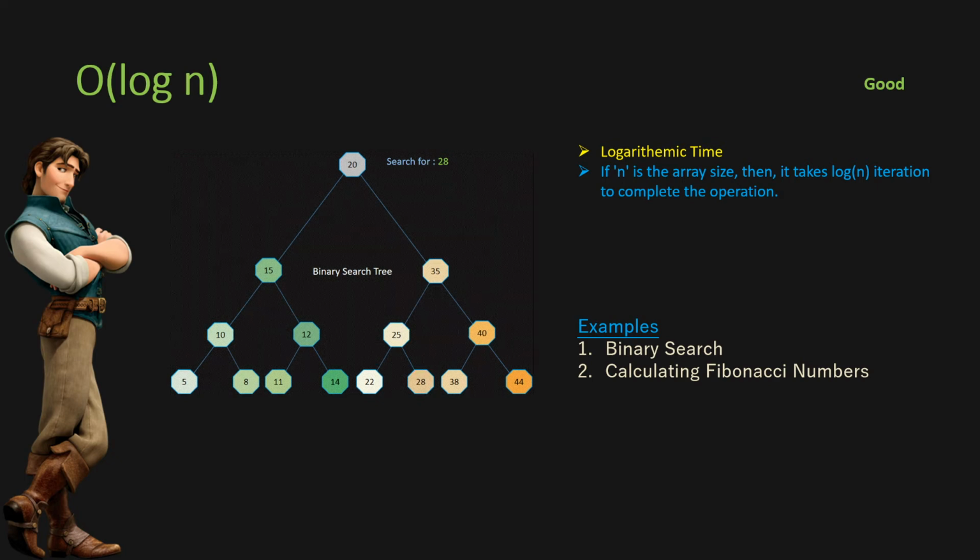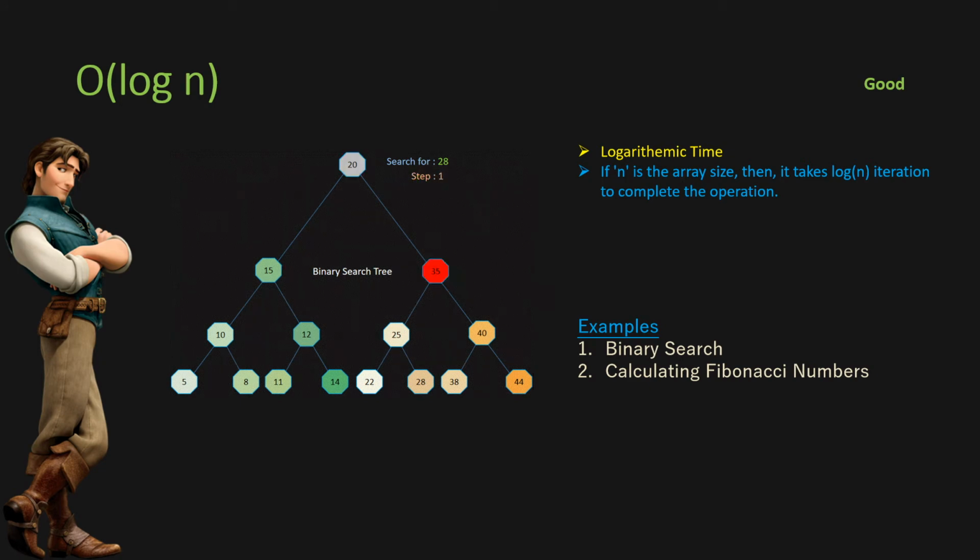Again, it checks the next node and finds that 28 is towards the left side of 35. Here a complete right half for node 35 is discarded from the search. It then identifies that value 28 is higher than 25. So the search moves to the right side of the node 25. Now the search finds the target value 28. Here as it is shown, the search is completed within 3 steps. This is an example of logarithmic search of time complexity O(log n).